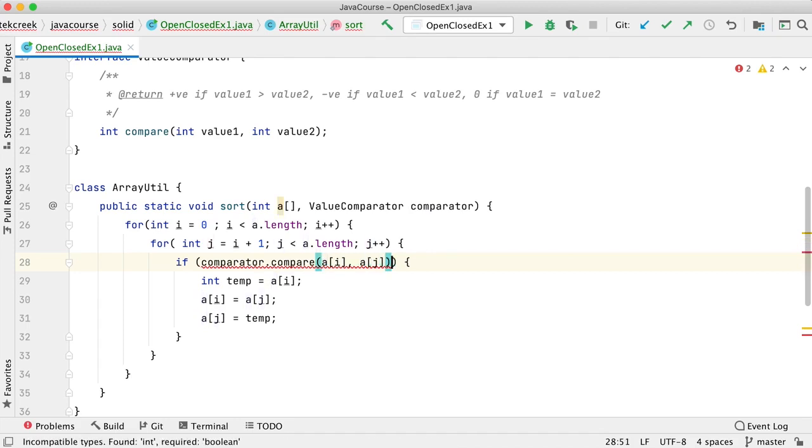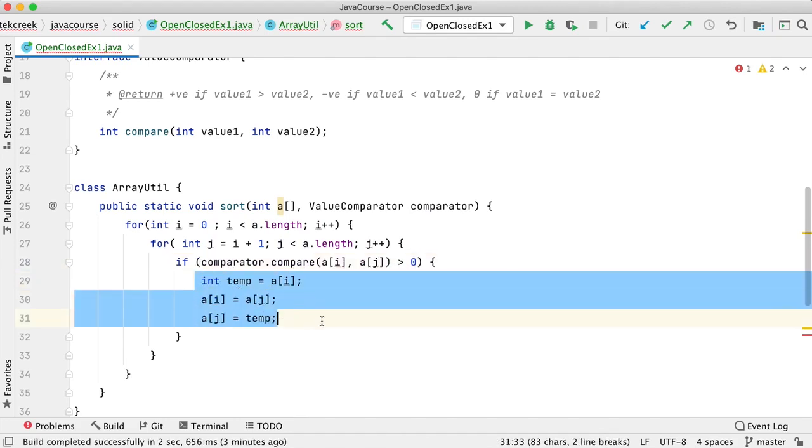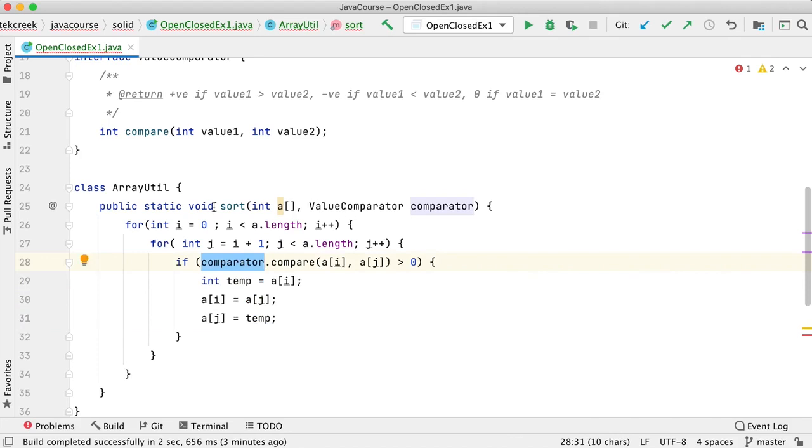If it is greater than 0, if you return a positive result, then I will swap. Otherwise, no. So we are not doing comparison logic here. Whoever is calling the sort, please implement that and give that comparator so that we can use it to compare.